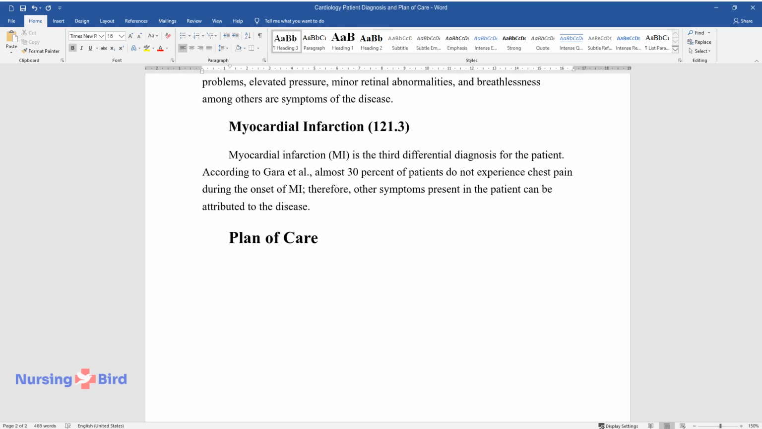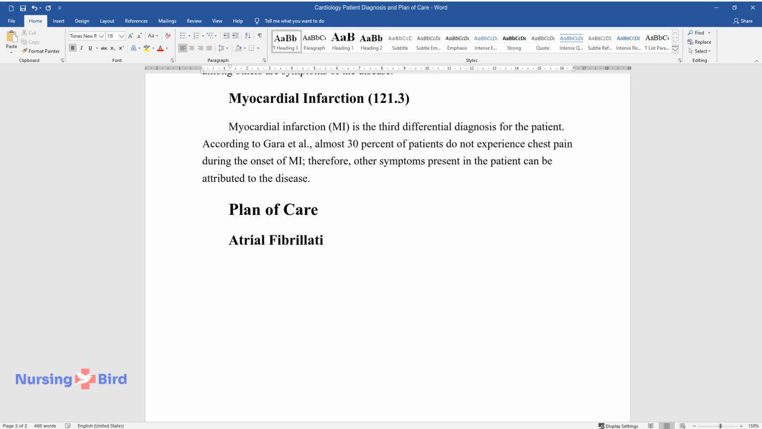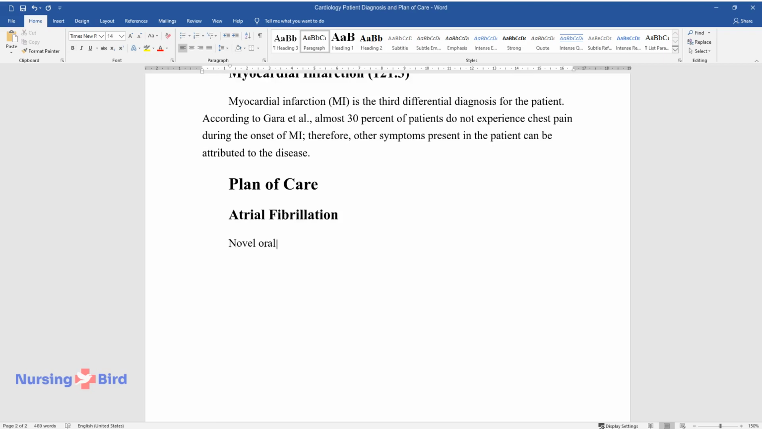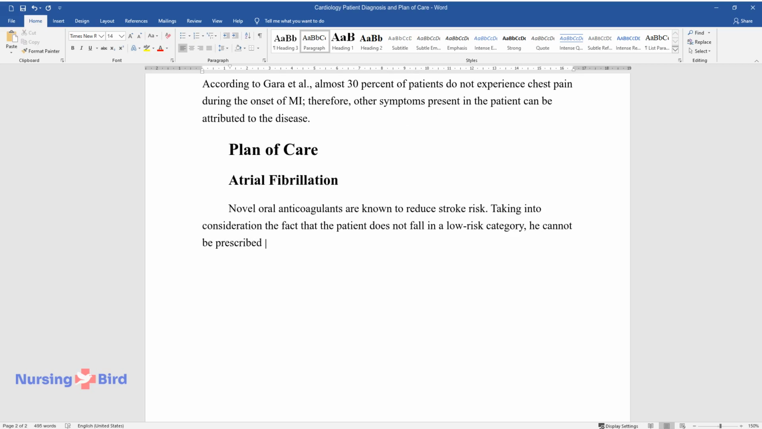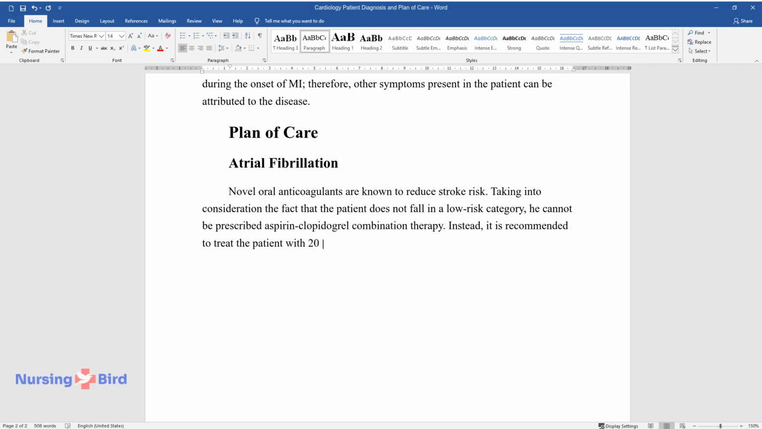Plan of care. Atrial fibrillation. Novel oral anticoagulants are known to reduce stroke risk. Taking into consideration the fact that the patient does not fall in a low-risk category, he cannot be prescribed aspirin-clopidogrel combination therapy. Instead, it is recommended to treat the patient with 20 mg of rivaroxaban for 30 days to reduce